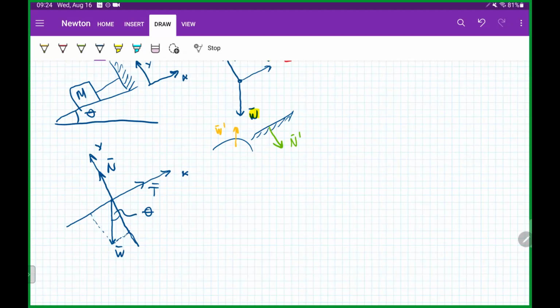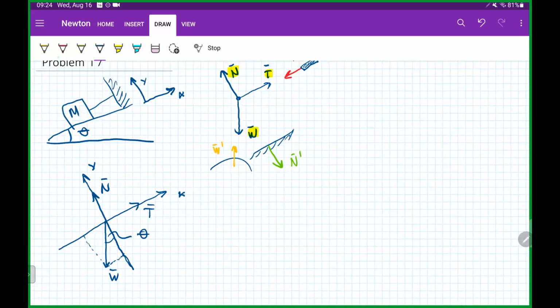So which is the force that the object exerts on the inclined plane? It's not the normal, it's N prime, it's this one. Okay, so that's the green one, the force that the block is exerting, which in modulus, in the value of the vector, is the same as the normal. But being strict, the normal is not the force that the block is exerting on the plane, and that's a conceptual